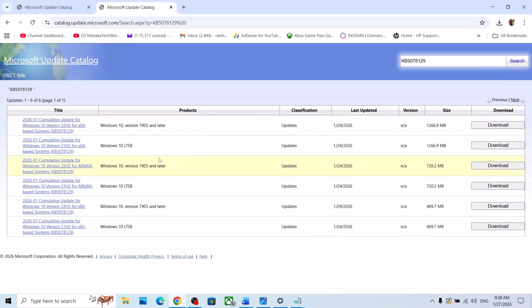Now for me it's Windows 10 version 22H2 x64 based system. This is the right one for me. Now if you have Windows 10 version 21H2 x64, then this is the right one for you. For me, Windows 10 version 22H2 x64. Now click on download over here